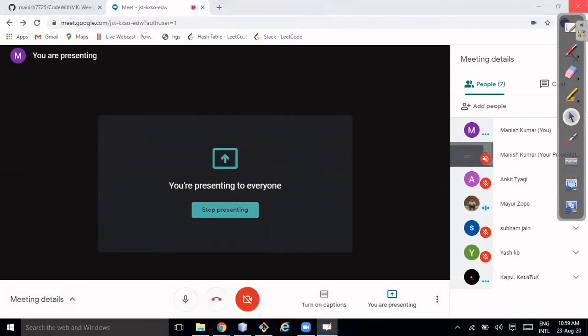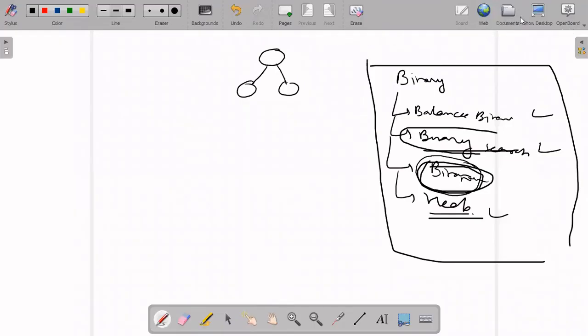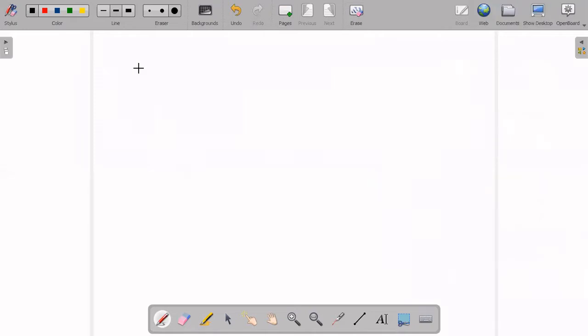Okay, let me explain it. Yeah, sure. Once more, that's very needed. I'll explain using a class diagram, so it will be easier to understand. So I have the tree interface.